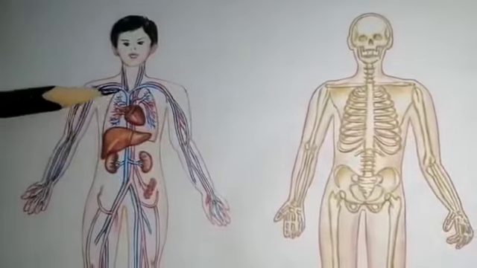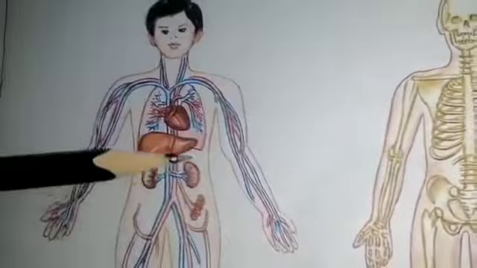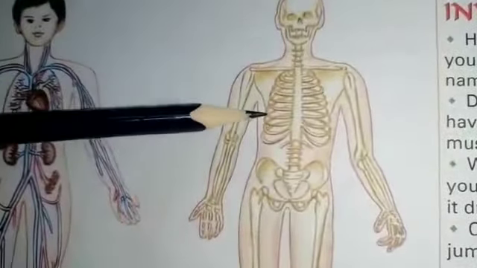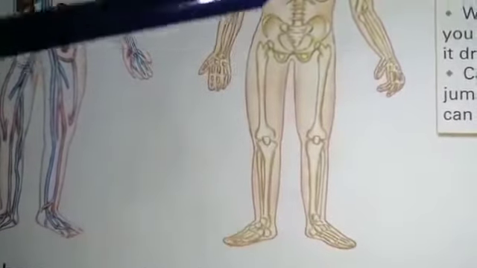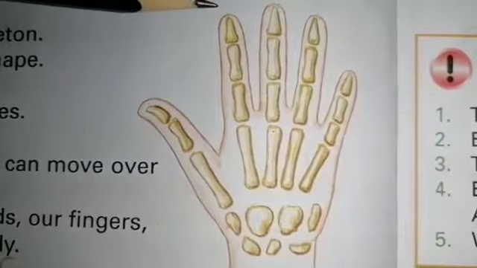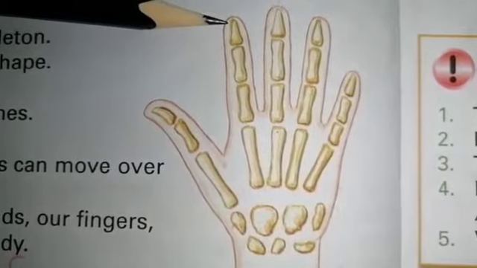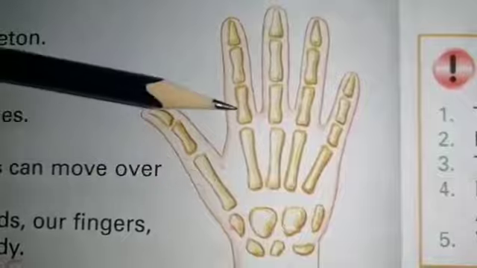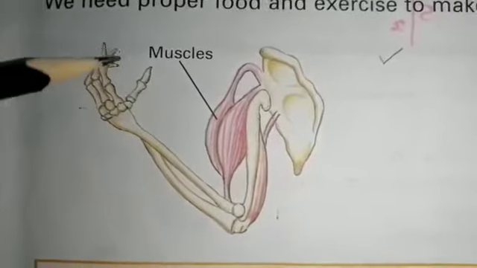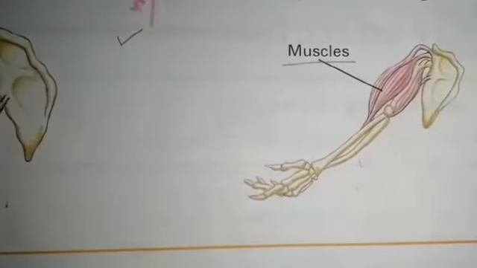Beneath the skin, there are the soft portions and the hard portion. The soft portion indicates the muscle, while the hard portion indicates the bones. And these bones join together to form a skeleton. Our skeleton contains several bones. They are joined together. At many of these joints, the bones can move over one another, while muscles are attached to the bones and we use them to move the bones.